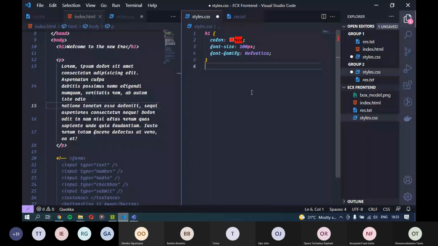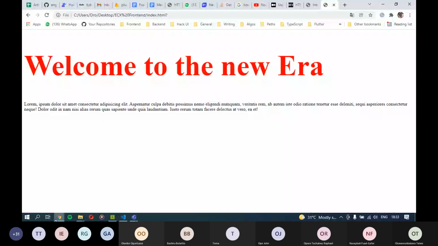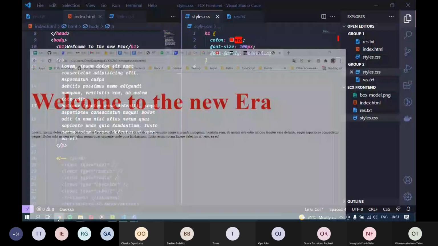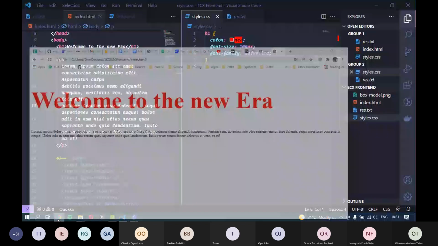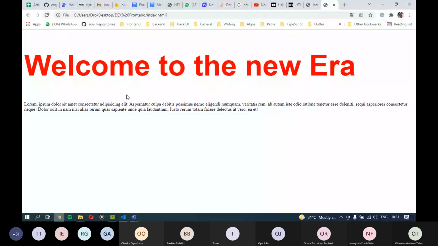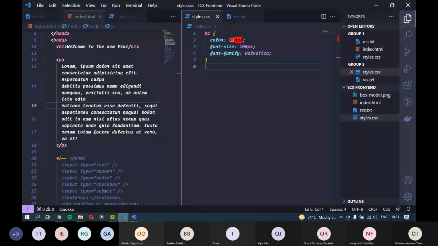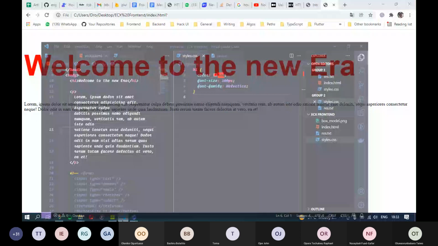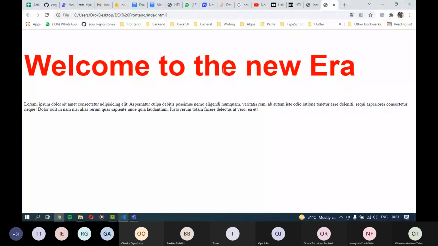Did the fonts change? Is it just me? Okay, I didn't refresh. Yeah, so the font has changed. Now, you notice that the font of the H1 changed, but the font of the paragraph did not change. So if you want the font of every text in our entire HTML web page to